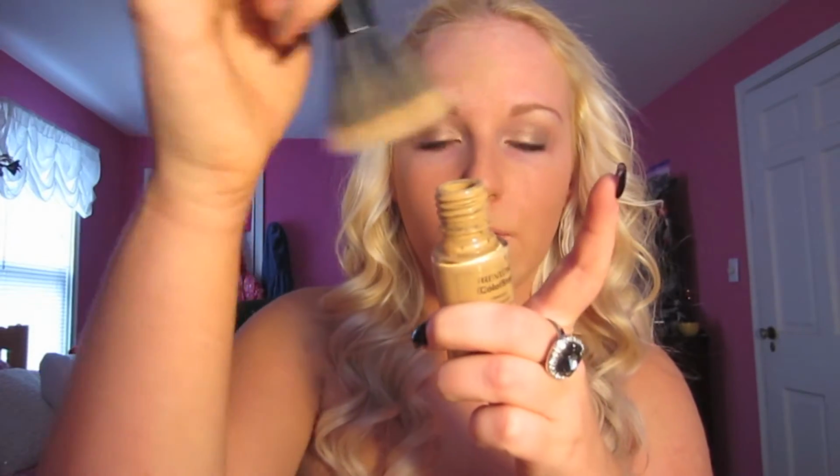And I could have covered just my acne scars with this, but I like to do both. And then I'll take what's left, like on the rim, and I'll dust my brush in it like this. And then I'll stipple my brush on top, and anywhere I put concealer as well, so that it blends over it, so it's the same color. But I like to start